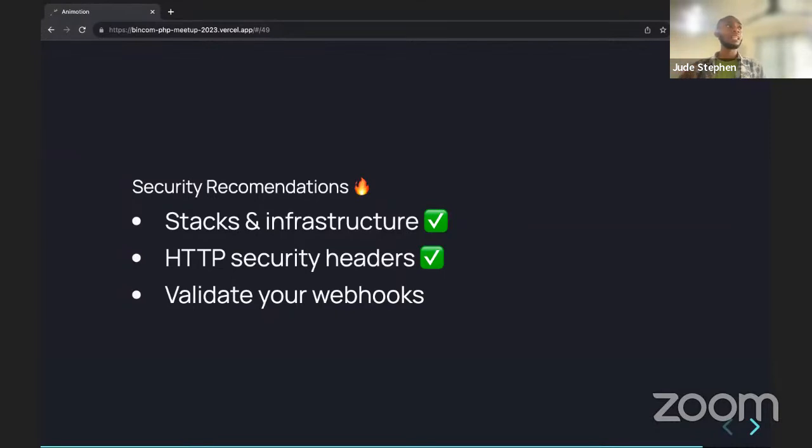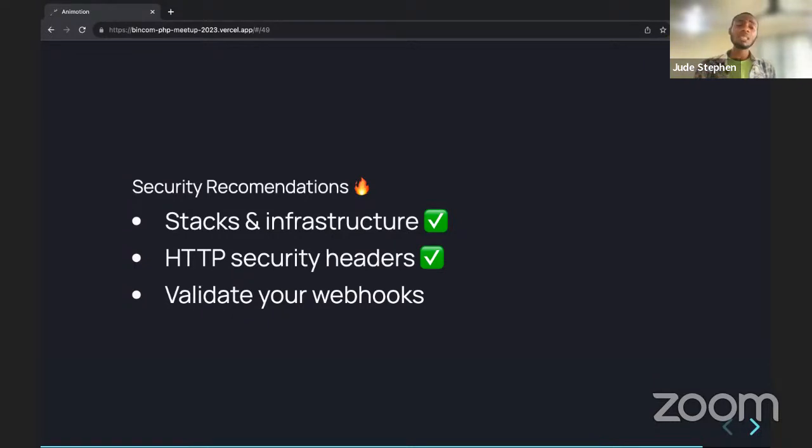Keep your webhook validated. Check the signature, confirm that it's coming from where it's supposed to be coming from. One of the easiest ways to get hacked or for your application to be threatened is when your webhooks are not being validated. That means I can, from my home, from my computer, not even from a server, send a webhook request if I know your webhook, and I can send all the data that you are expecting, and I can successfully act as if I've met all the criteria.